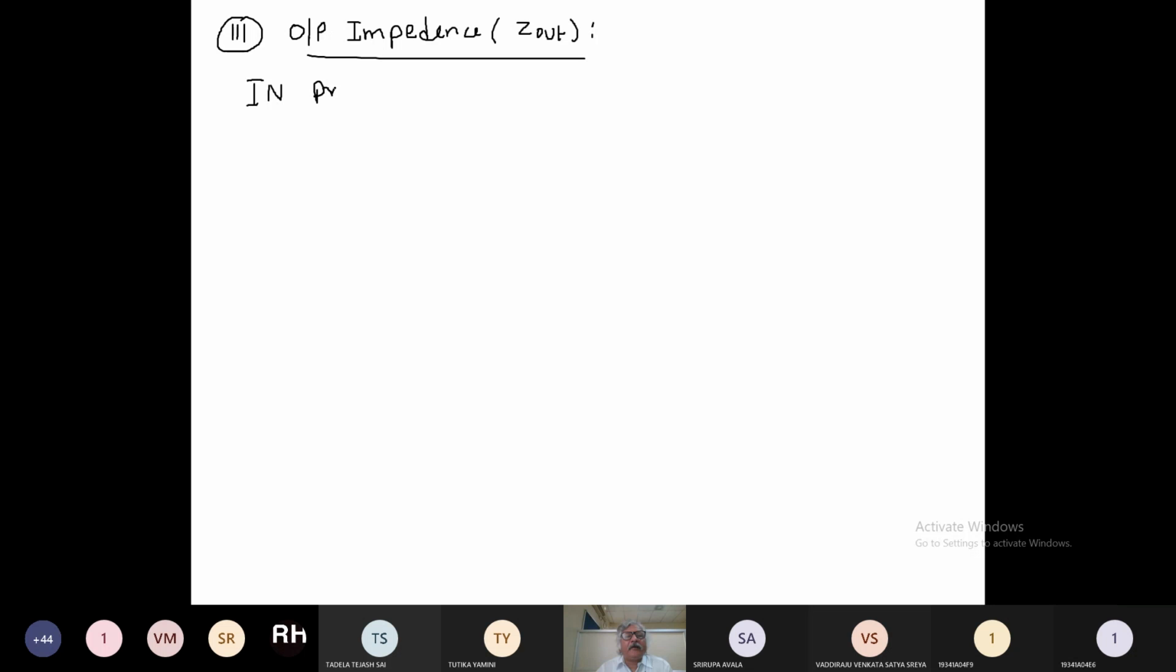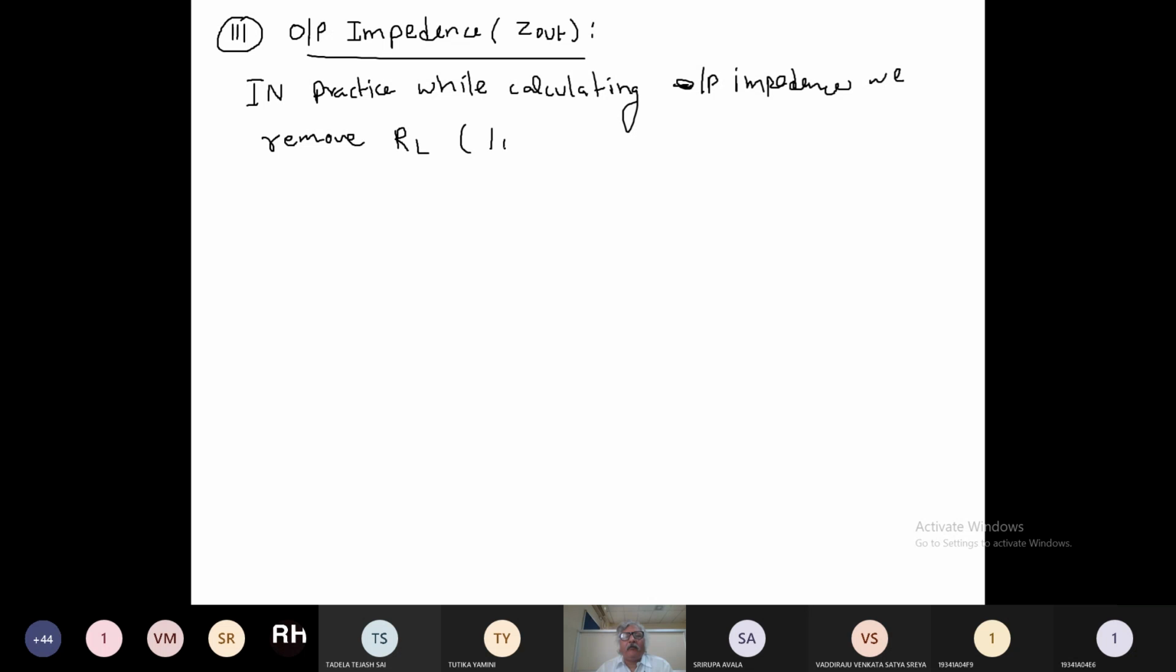In practice, while calculating output impedance, we remove RL, the load. Right? So therefore